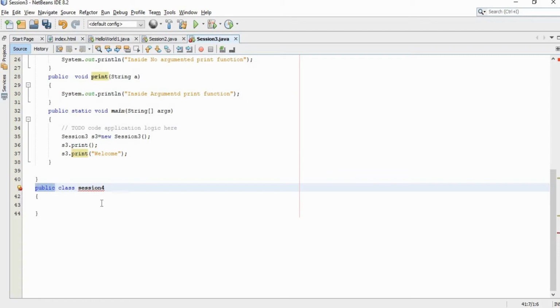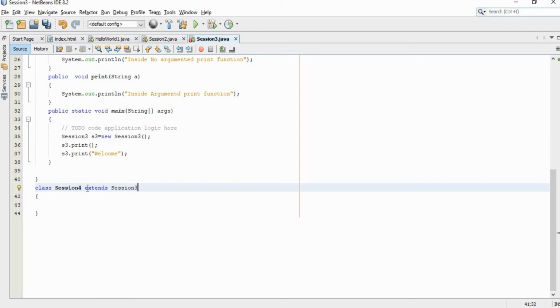So these are the basic terminologies used in inheritance, right? To inherit a class, we need to use the keyword extends. In order to create a class, the syntax is the class keyword followed by the name of our class, right? To inherit a class from another class, we need to use the keyword extends. So the syntax is class keyword, name of the derived class, extends keyword, name of the base class, right?